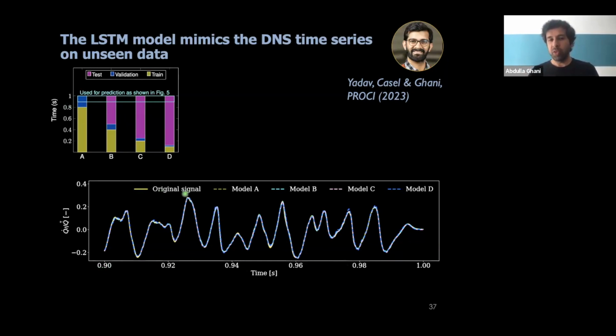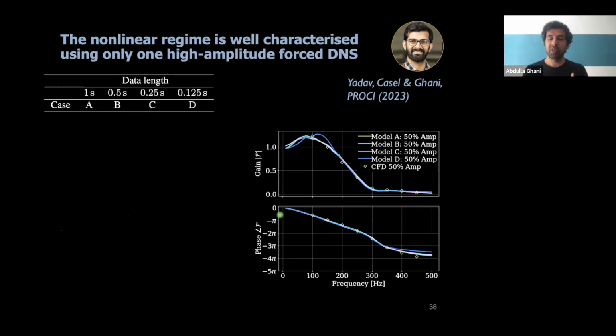And we see that the ground truth, so the DNS that we really computed, is well replicated by model A, B, C, and D, which is really nice. It's indicating the extrapolation ability actually in this case for flame dynamics modeling. And then based on these time series, we could evaluate what the flame transfer function is now. And we compared it with our ground truth, which is the frequency by frequency method, to be really sure that we're computing something correctly. And what we see here is the flame transfer function for an inlet velocity